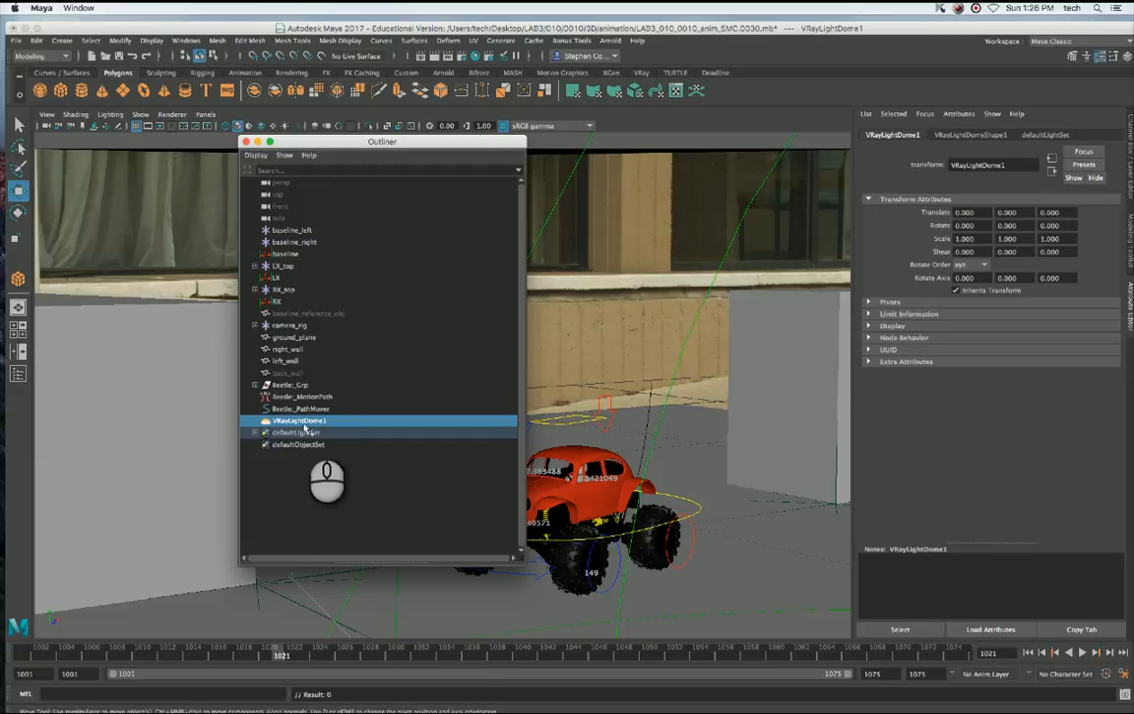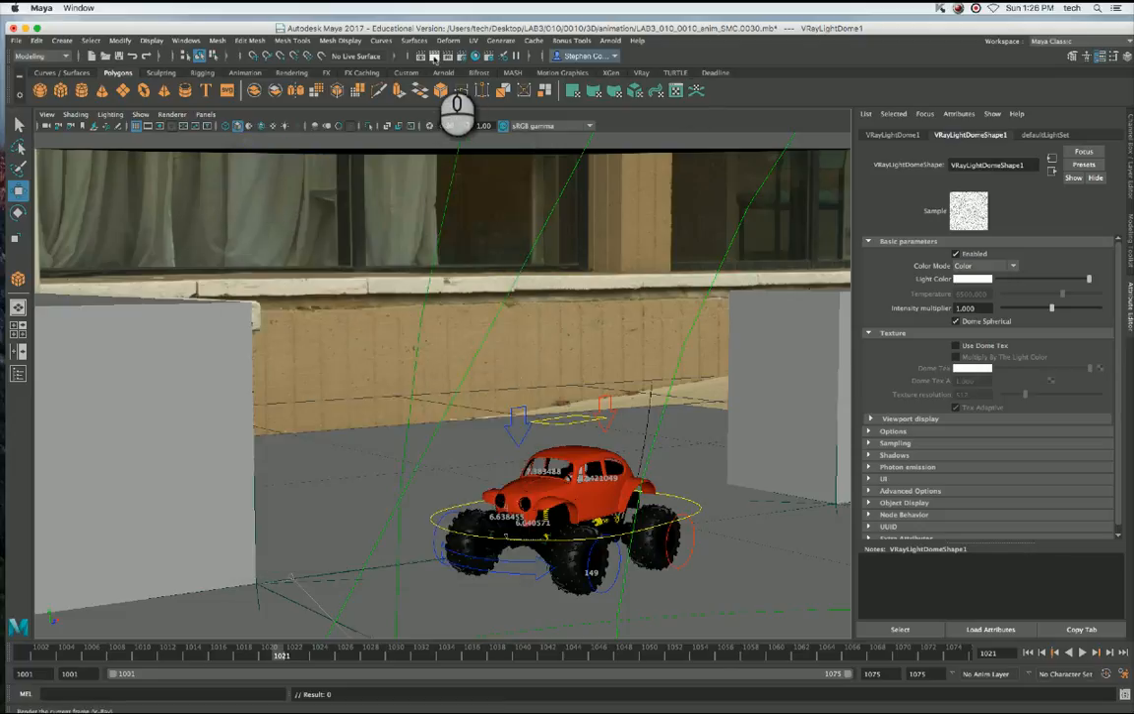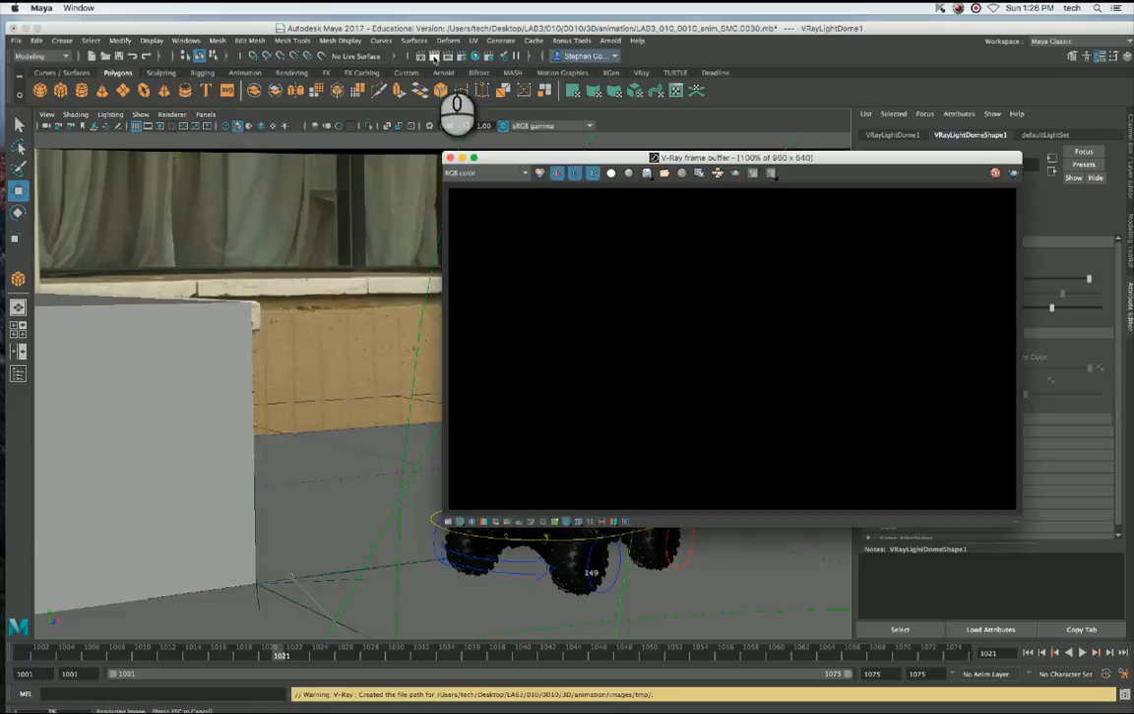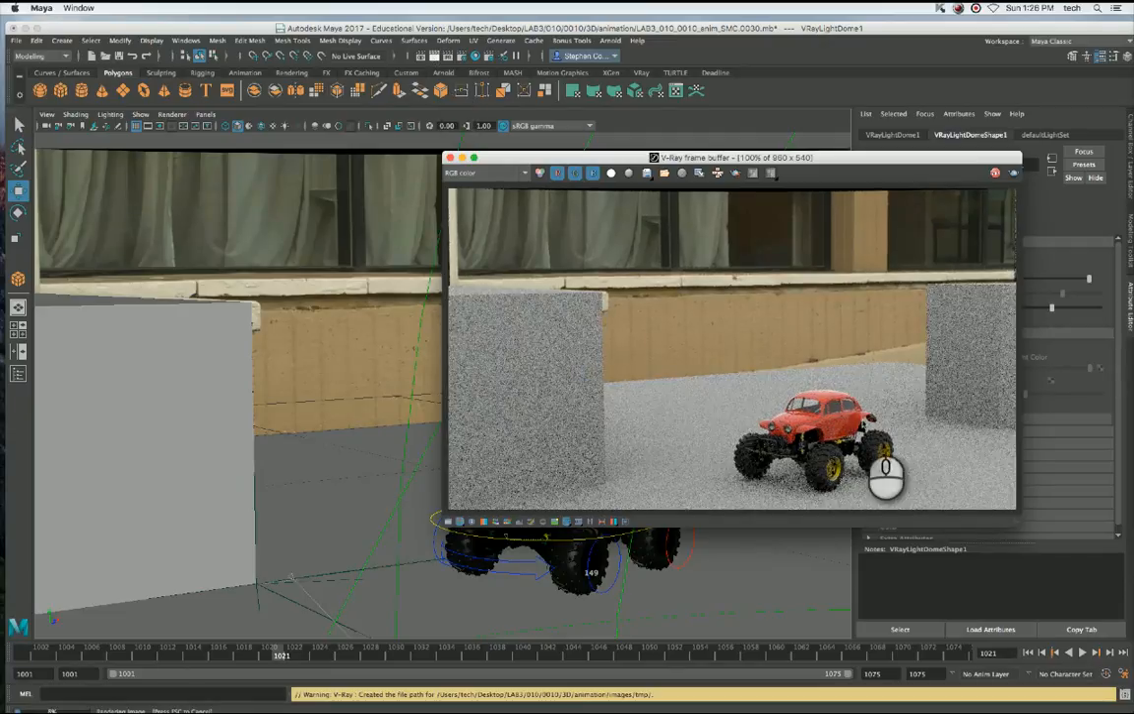So I just select that and I have a look at my V-Ray dome light shape. It's got this mainly white, slightly noisy texture that it's going to use to light. So I should at least have some kind of light now. If I do a quick test render of this, I hopefully will at least see something appear. Yeah, great, okay. So there's my car,